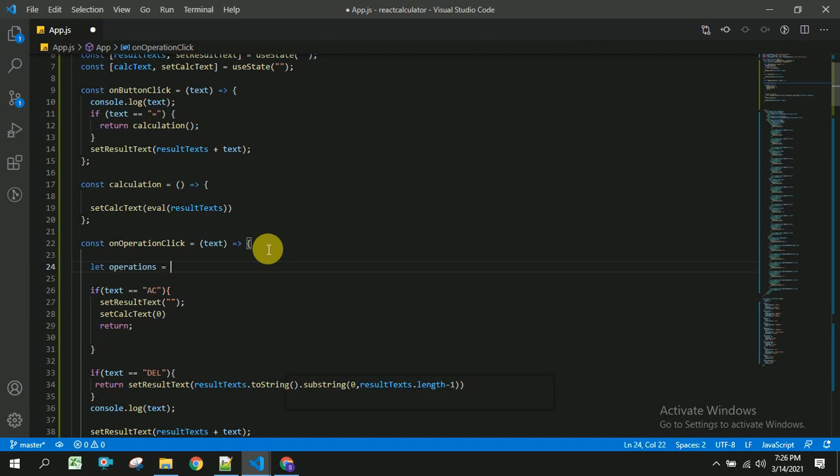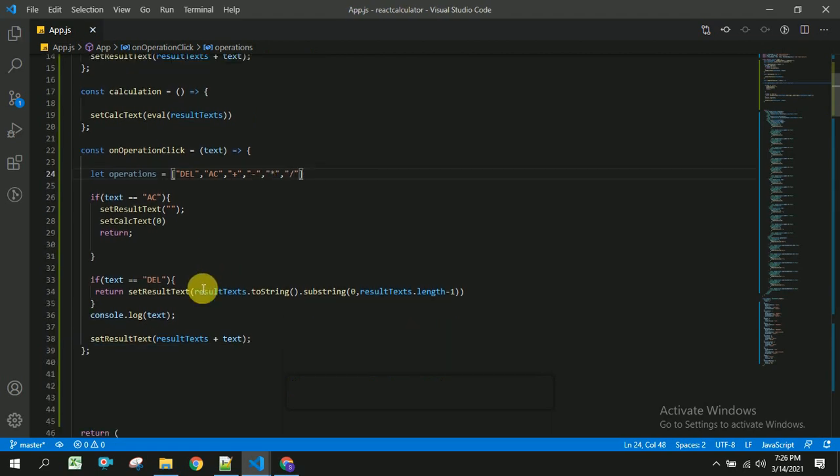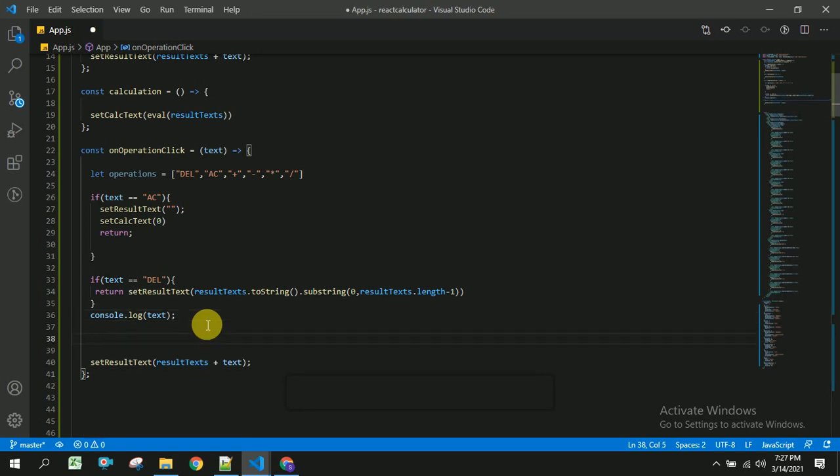Operations equal to, we will have the delete operation, this is an initialization operation, plus, minus, asterisk for multiplication, and division. So if the last value of this text is present in this operations array, we are going to eliminate that or return that.